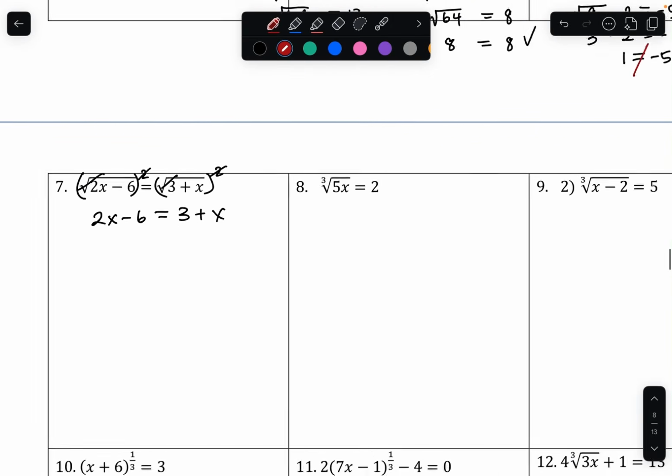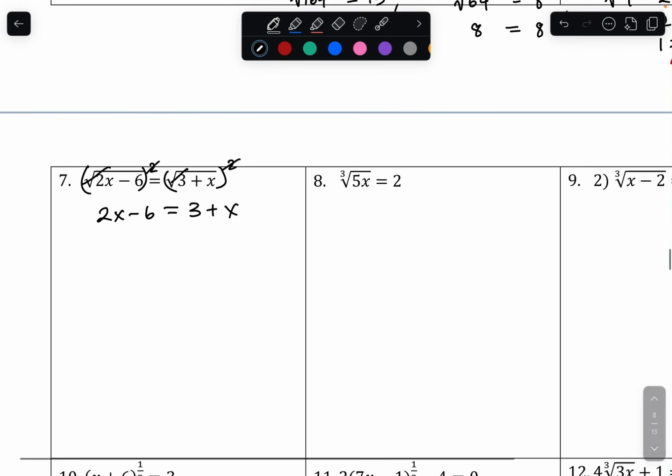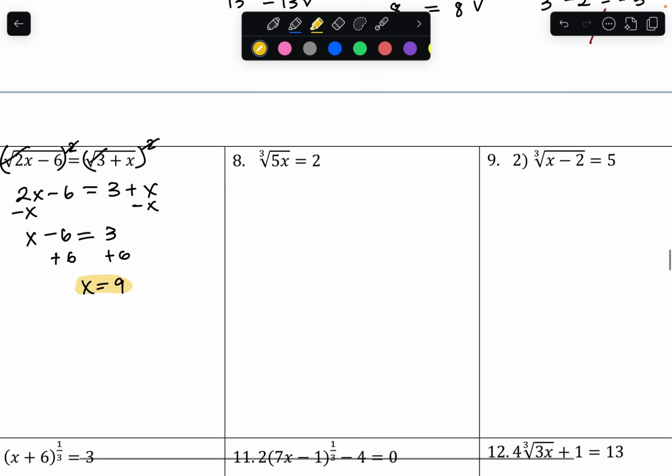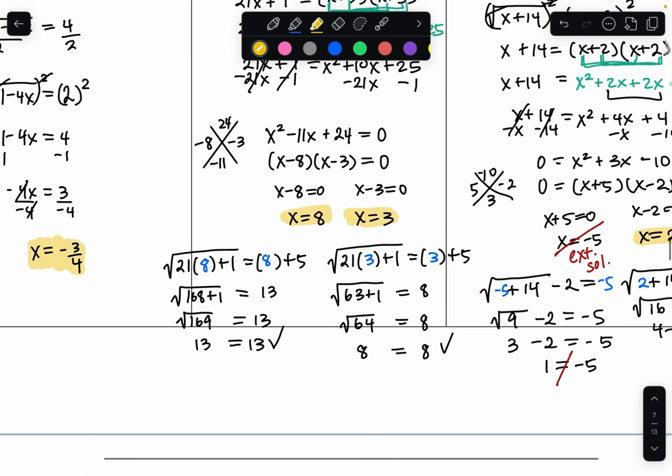Okay, so for here, the radicals cancel out, leaving me with a linear equation. So I'm going to subtract x from both sides. Oh, that's x minus 6 equals 3. And then add 6, and we get x equals 9. And of course, you could plug that in and see that you are left with a true equation. It's always a good idea, especially on a test or quiz,